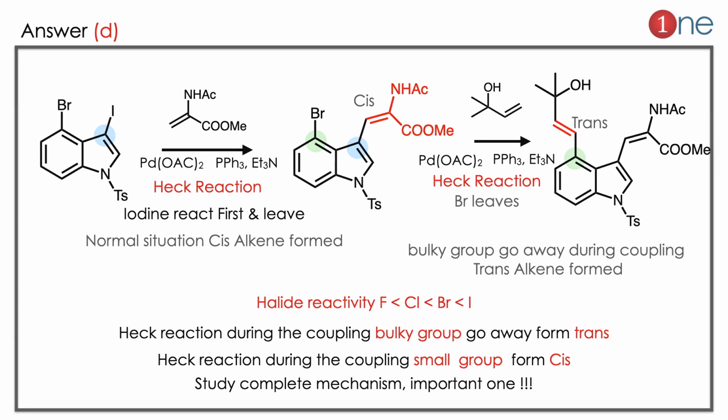In the next step you are using again the same reagent, but you are using an alkene with a bulky tertiary alcohol group. So the tertiary alcohol group is bulky. What really happens is during the Heck reaction the group goes away and is forced into trans nature. So the first addition is cis, the second addition is trans. So the product is obviously D. Here you have to learn 2 things. One is the Heck reaction always favors the easy leaving group, which is iodine. The normal halide reactivity is fluorine, chlorine, bromine, iodine. Iodine is highest, fluorine is least. Then normally the coupling leads to a cis bond. If there is a bulky group during the coupling, the bulky group is forced away and trans is formed here.